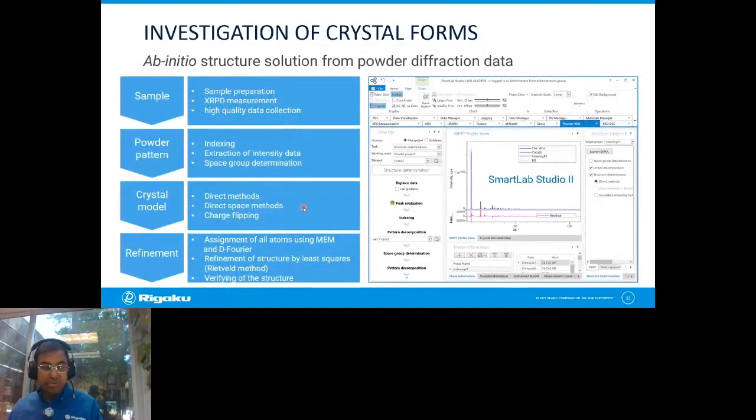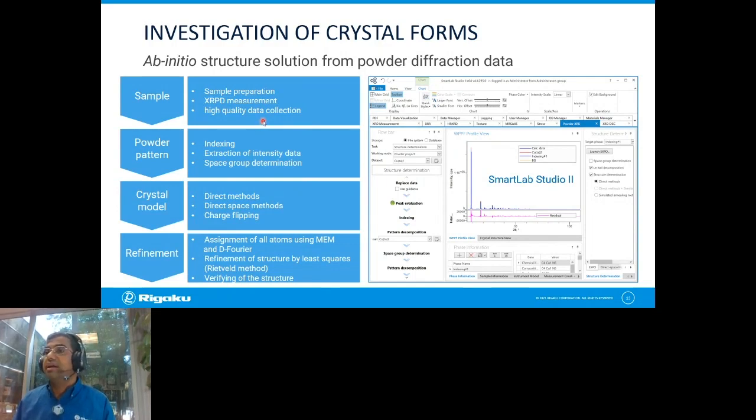With XRD diffraction patterns, we can also find the brand new structure of a material. Usually, the easier or better approach is to find a single crystal and determine the new structure of the material. But sometimes crystals do not grow big enough, or under changing temperature conditions they are so small that one cannot collect a single crystal of suitable form to do single crystal work. In that case, it is quite common to perform a full brand new structure analysis using structure solution from powder work. This involves preparing a clean sample and good high resolution and